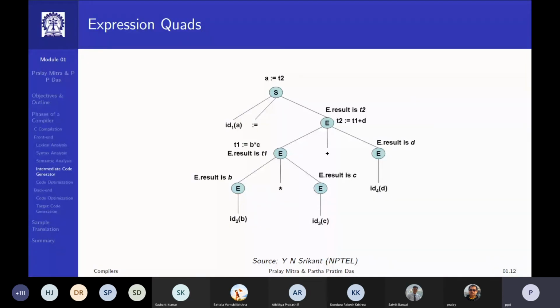Like T1 assigned B star C, 3 addresses T1, B, C. T2 assigned T1 plus D, 3 addresses T2, T1, D. A assigned T2, 2 addresses A and T2. It can have less, but it cannot have more than 3 addresses. So A assigned B star C plus D is not in this form because it has 4 addresses.